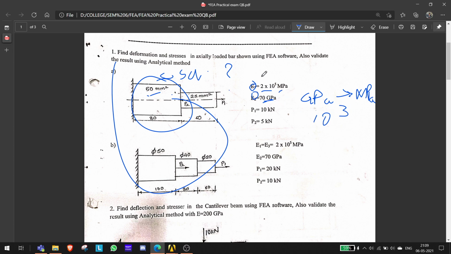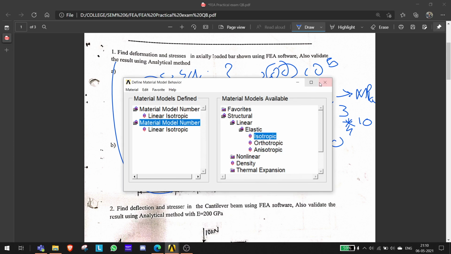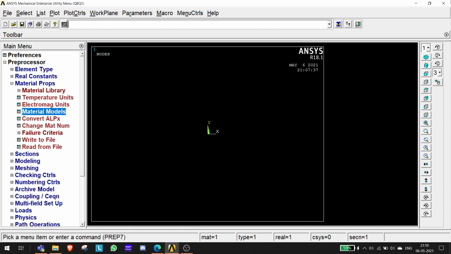If it was 200, I would use these two zeros for 10 power 5. Since there is a single zero, I'll use 10 power 3 into 10, which gives 10 power 4. Hence we'll be using 7e04. The Poisson's ratio is not given, so I'll use 0.25. I'll click OK, close this and go back to my APDL tab. See, now your materials are defined.